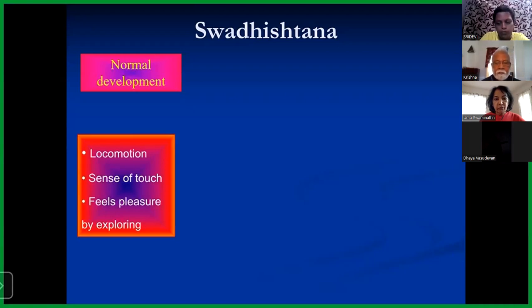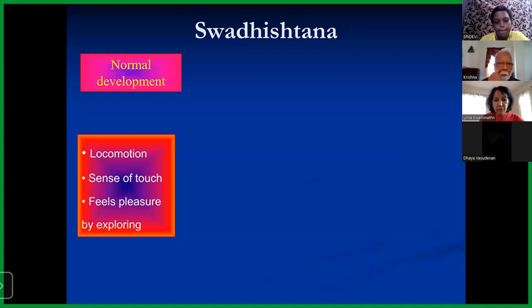And when it starts moving, when it tries to stand up, whatever is accessible, it tries to touch. That is tactile sense. But sometimes it doesn't know whether it is good or not, whether it can touch or not. It just touches. Even some valuable materials, if accessible to the child, it just drops. And you know what the reaction of the child will be. We will come to that matter.